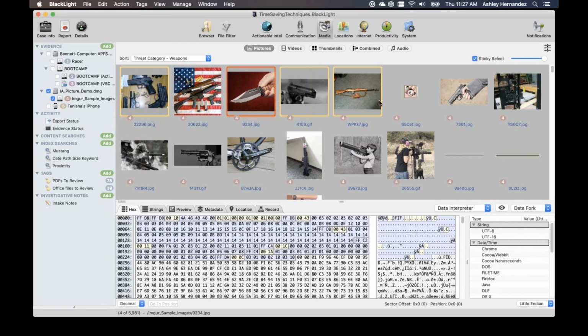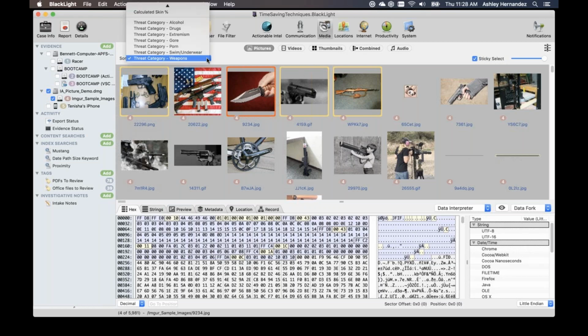But as you can see, these categories really do help you bring up those images. I didn't have to narrow down my case by date range or look in specific folders. These were able to bubble up to the top. So Image Analyzer is going to continue to improve their models. You're going to get updates to our support for these categories, as well as new categories as we go along. But I think if you try running through these, you're going to be very happy with how well these identify different categories of threats.